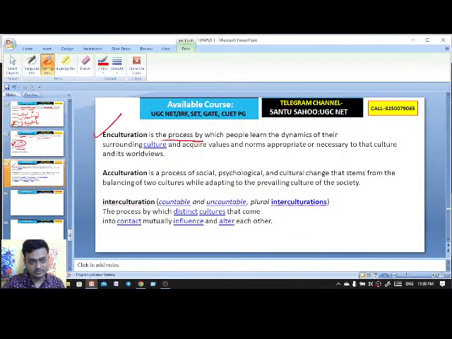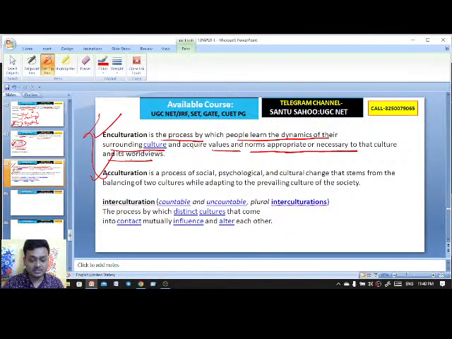Is the process by which people learn the dynamics of the surrounding culture. Surrounding culture से कुछ सीखता है and acquire करता है क्या, values and norms appropriate or necessary to that culture and its world views. So from one generation to another generation there is the transmission of culture, that is enculturation,